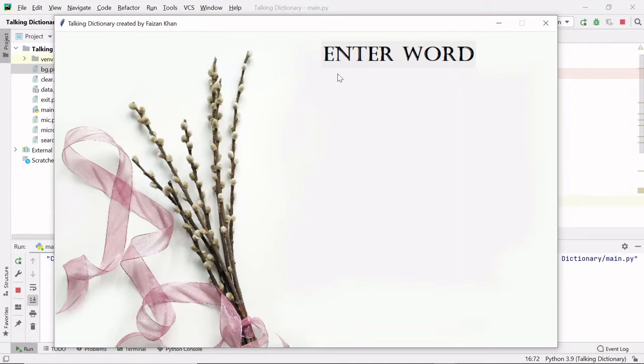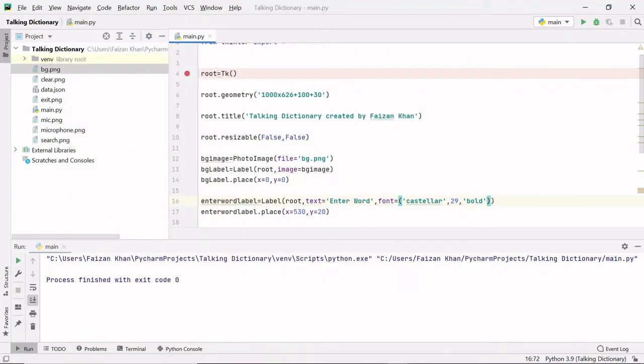After that, what you need to do is change the color of this text. Right now by default it is black, but we need to change it to red. For that, we have the foreground keyword argument. The value you can pass is whatever you wish, like red, blue, green, whatever color you wish. So if I pass red here and run this code,